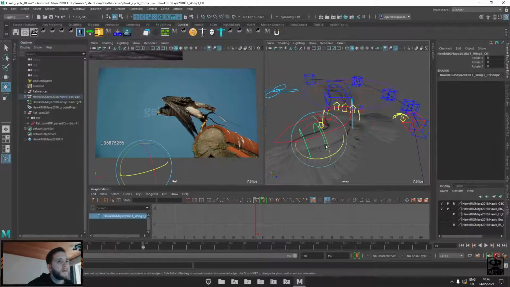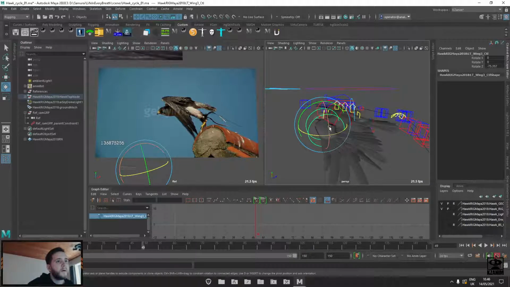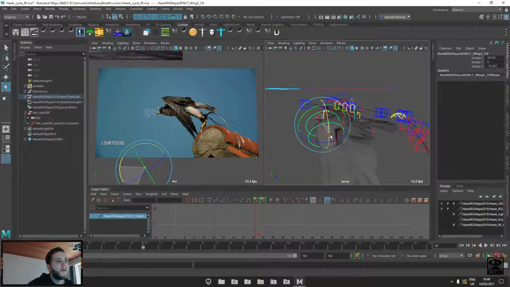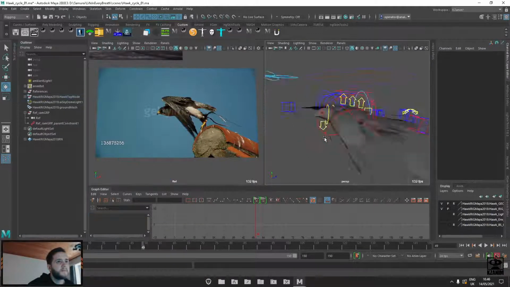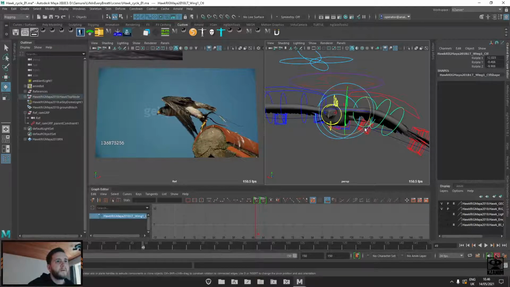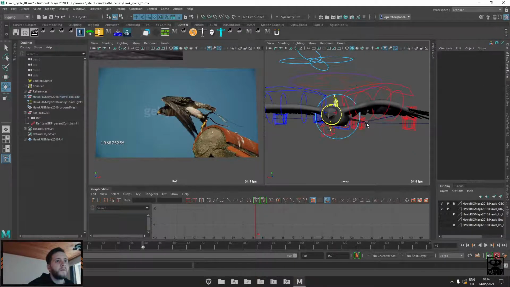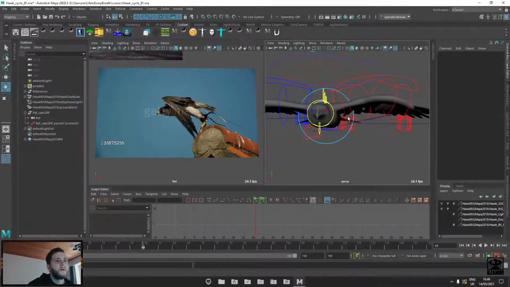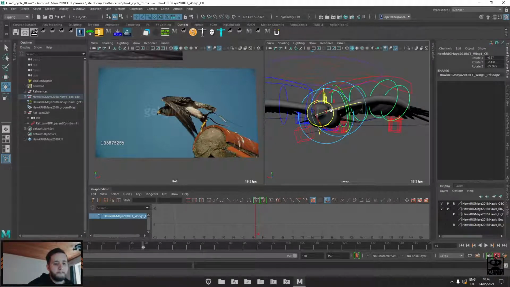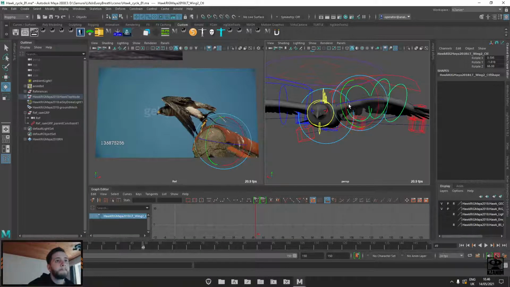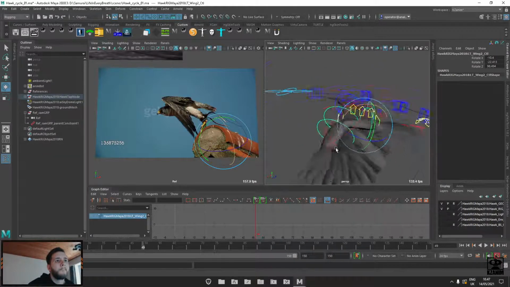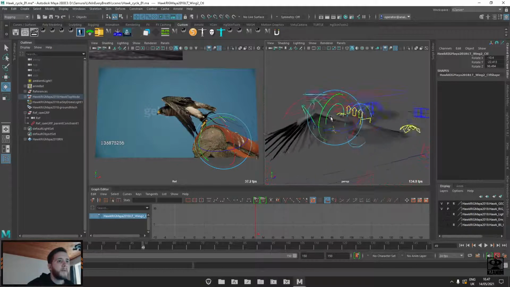It's very strange poses sometimes birds hit. But you can see that his wing is there. Just breaking